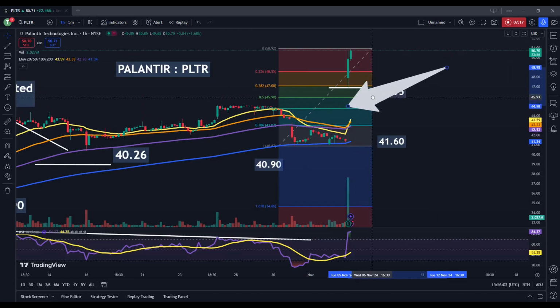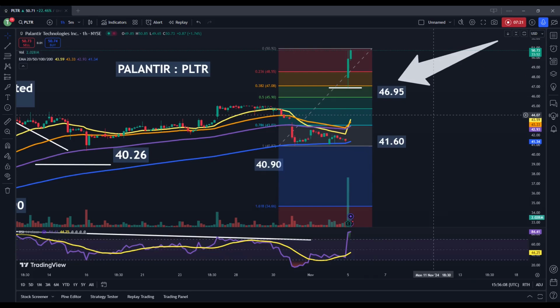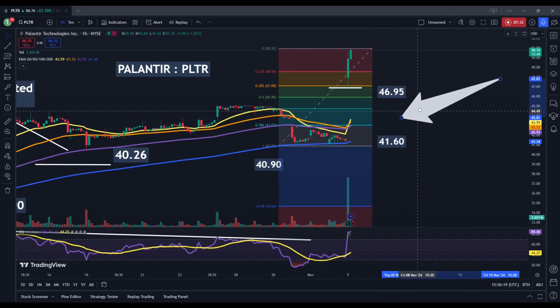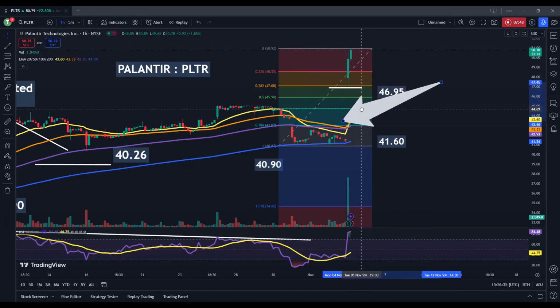I mean, that $5 is a fairly significant price gap when you're dealing with a $50 stock. I mean, that does mean that share prices could retrace even 10% of that move if the stock does wind up refilling this prior movement here, this prior price gap. So this would be a very significant movement, and it does suggest that volatility here could continue. I don't really recommend buying in at these upper levels. I think that now that the stock has broken through these psychological levels, I think that the bigger risk is for downside price movement. You have seen a lot of upside here in a very short period of time,